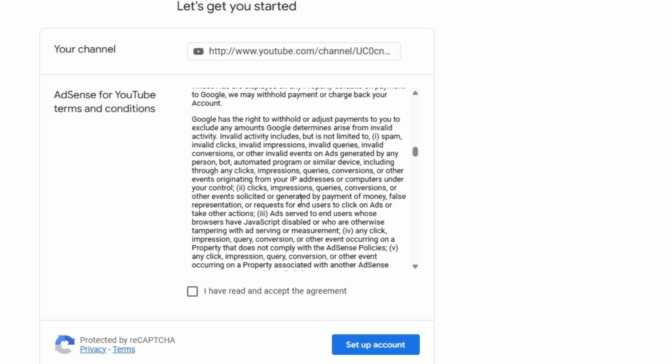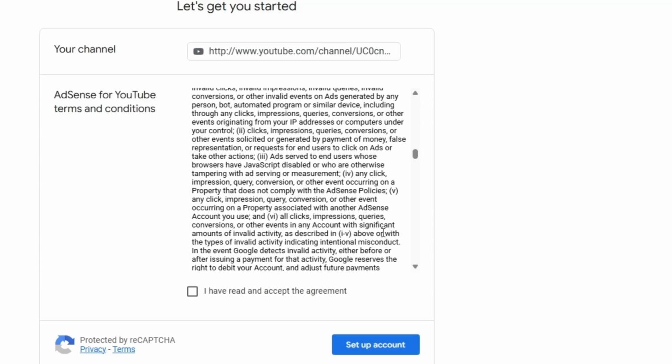2. Clicks, impressions, queries, conversions, or other events elicited or generated by payment of money, false representation, or requests for end users to click on ads or take other actions. 3. Ads served to end users whose browsers have JavaScript disabled or who are otherwise tampering with ad serving or measurement. 4. Any click, impression, query, conversion, or other event occurring on a property that does not comply with the